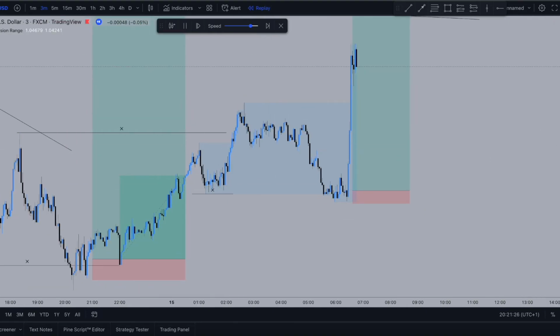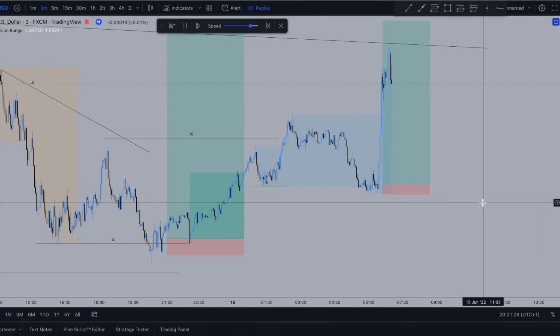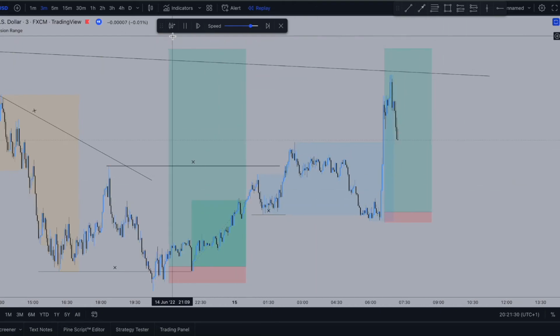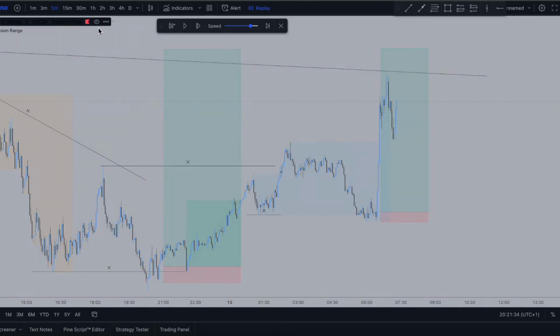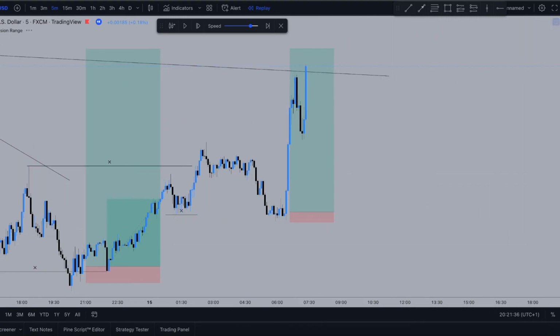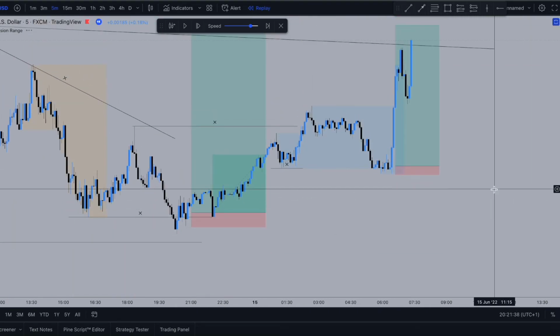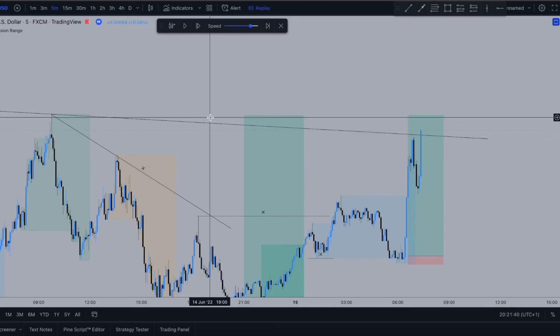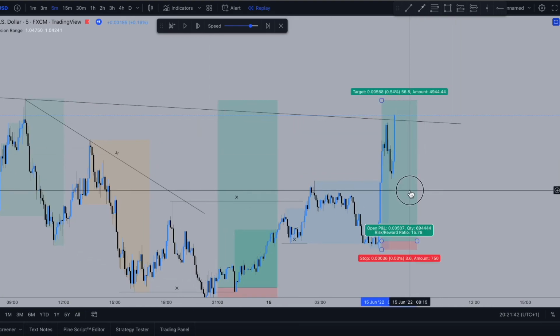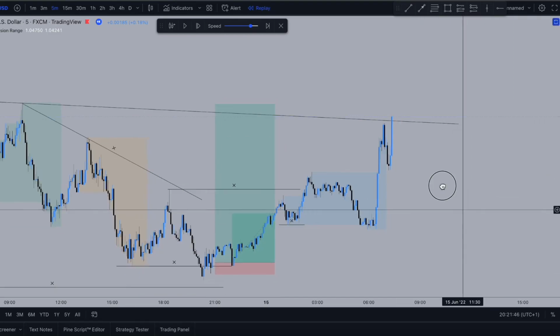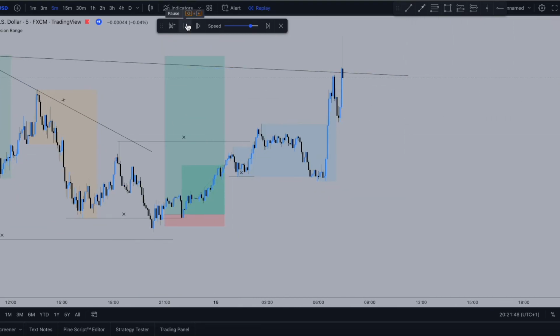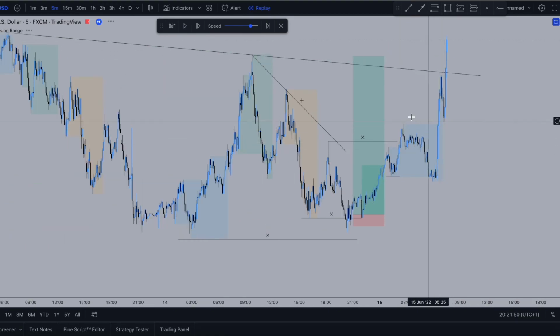Okay, price pretty much exploded in that area. If price does come back down, I'm not too sure actually. I don't think it will. Looking at the current situation, how price did react, it pretty much just went straight up. So let's just cancel this order, and we're just going to have to keep waiting to see what actually happens. Yep, and price came and took our TP.